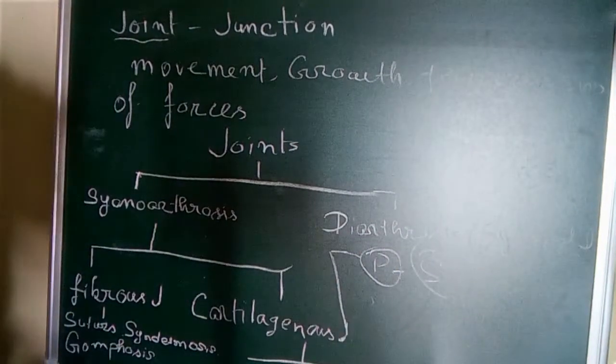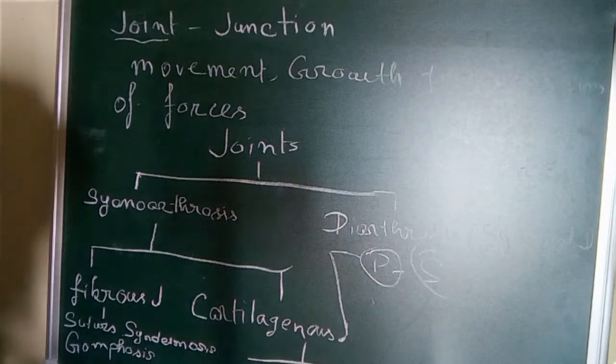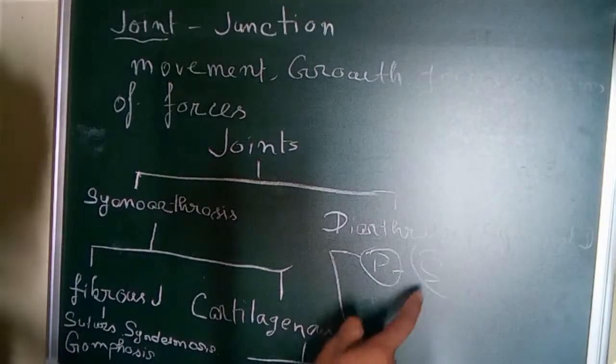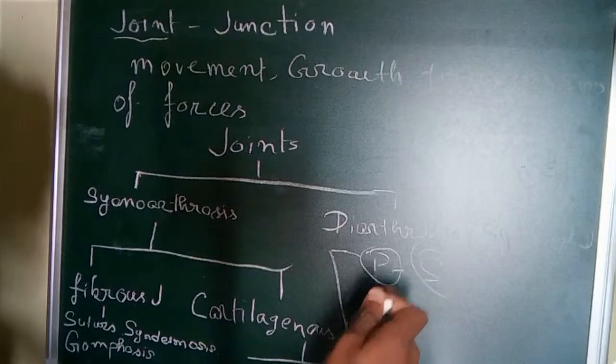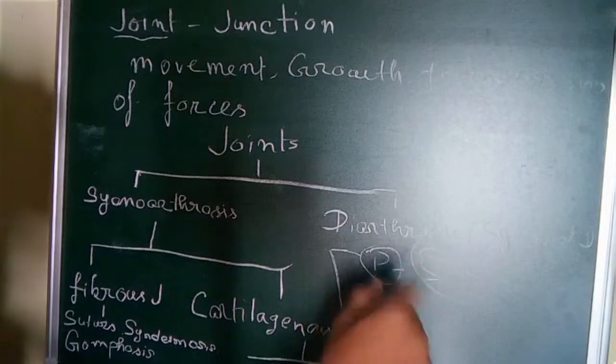Secondary cartilaginous joints are like all the midline joints, like the symphysis pubis and the intervertebral disc. These are secondary cartilaginous joints. So we have talked about the types of joints. Based on function, there are two types: synarthrosis and diarthrosis, or synovial joint. I have discussed synarthrosis. Now we'll talk about